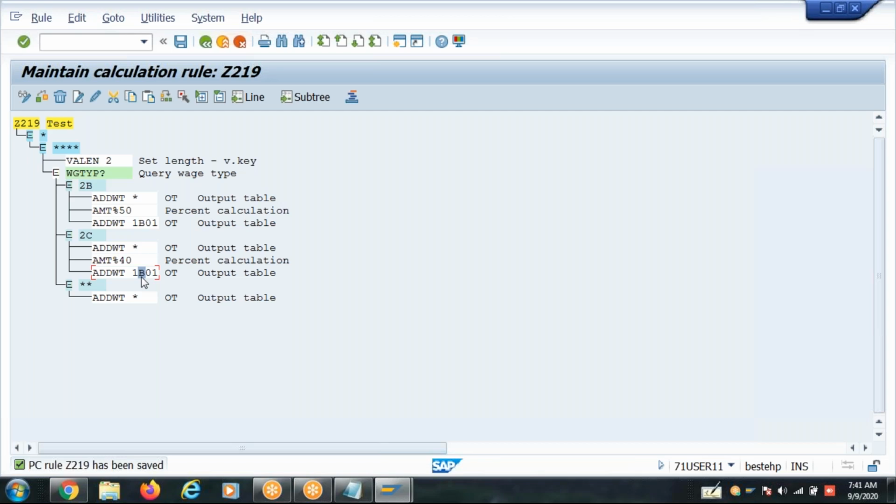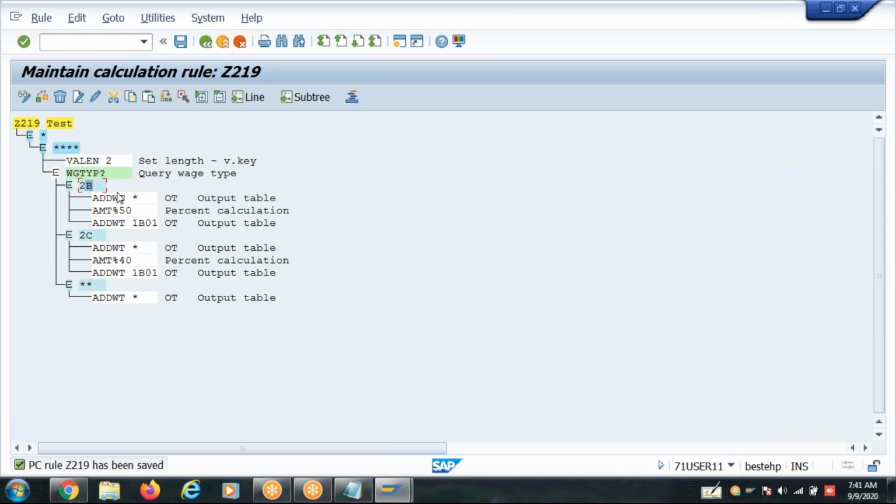Okay, all the waste types in the system. We cannot follow the naming for a simple one calculation. Let's say there is a similar calculation in another PCR where you will have to have further bifurcation of the 2B series. For example, in the 2B series itself, there are some entries at 50%, some entries at 40%. Then the naming will not work in the second rule, right? So for one calculation, we cannot define the naming of the waste types. That is the first drawback.